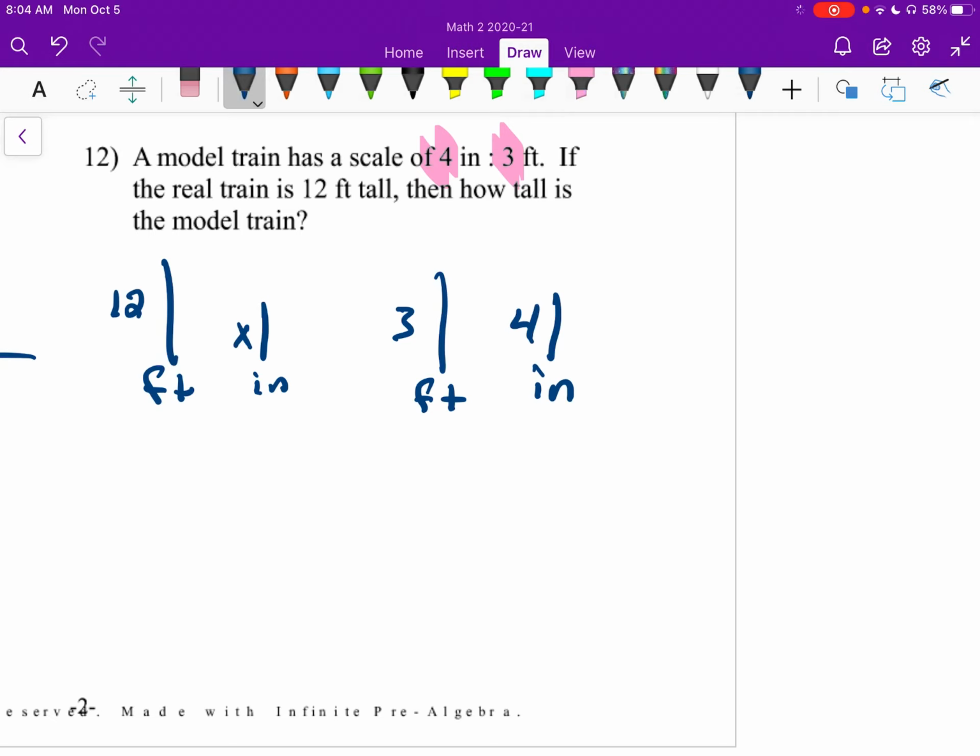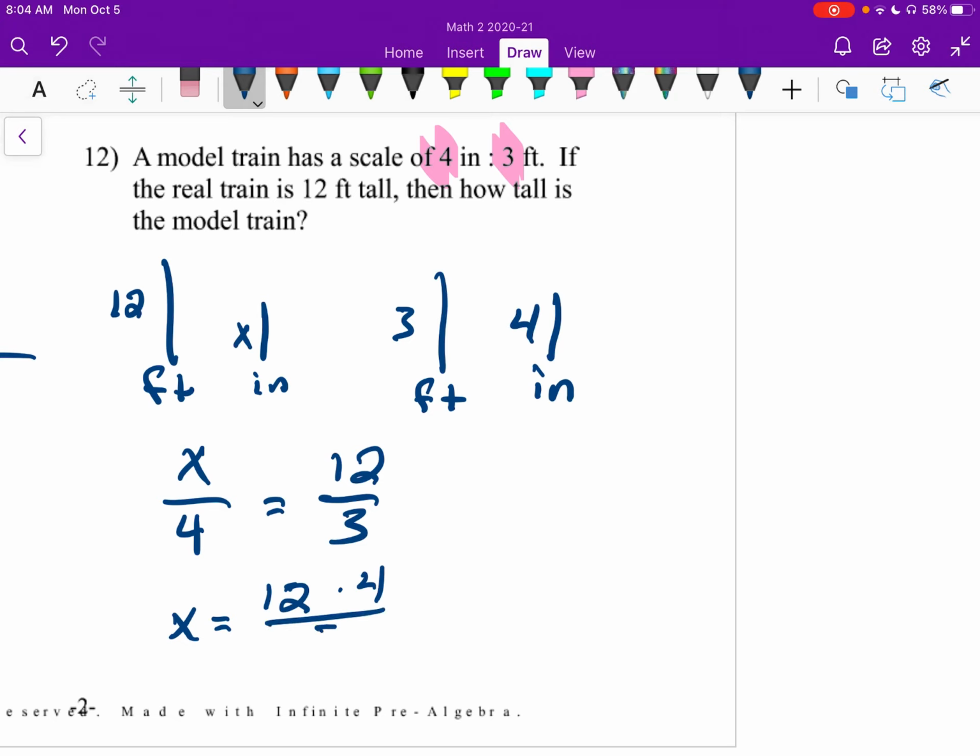Let's start off with our x. X inches over 4 inches equals 12 feet over 3 feet. So x equals 12 times 4 over 3. 12 and 3 can cancel to be 4. So I just have 4 times 4, which is 16. And what are we talking about? We're talking about